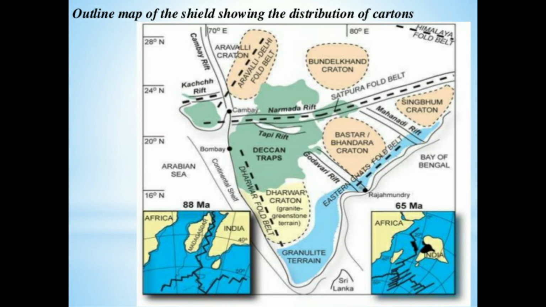Now before studying these Precambrian rocks, we would like to introduce you to some new terms that we will frequently encounter while studying the Precambrian rocks, and they are craton, shield, mobile belt and platform. Now see, what is a craton? Craton is a stable interior portion of a continent which is characteristically composed of ancient basement rock. Craton is an old and stable part of continental crust.